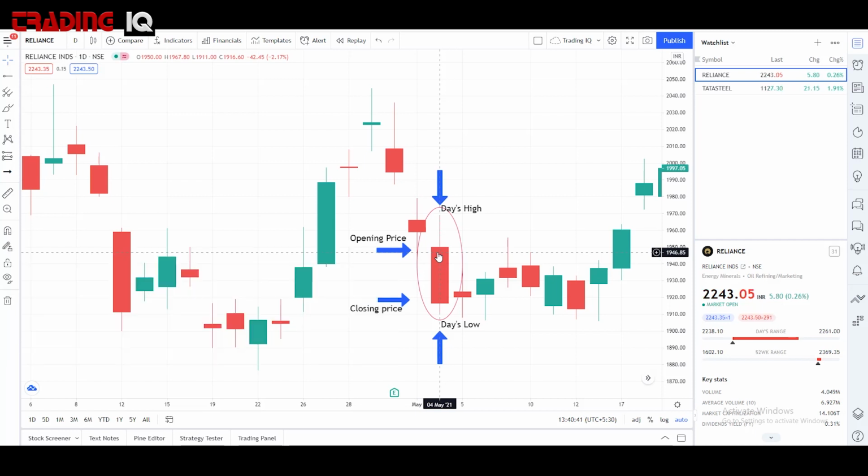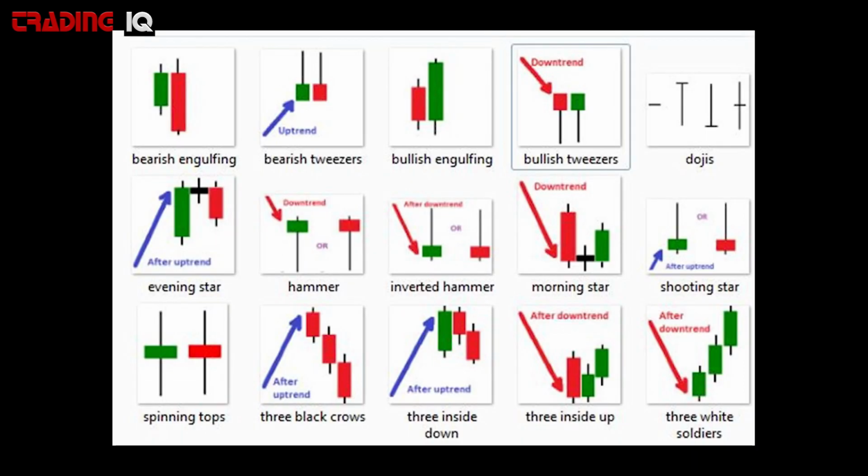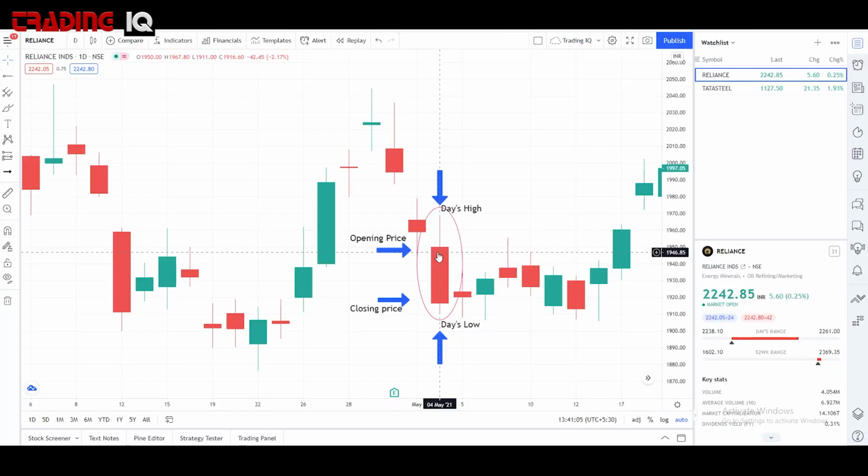So I believe you understood what candlesticks are. There are other technical analysts who purely execute their trades based on the form or shape of a candlestick. There are different shapes of candlesticks, and there are a lot of other books that you can read on candlesticks. That is a totally different trading setup altogether for them. But I don't bother about the form of the candlesticks. I just know what this candlestick is, and the day opening, day high, day closing price, or the day low. So that's it.